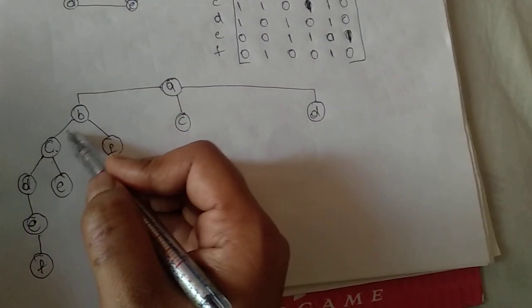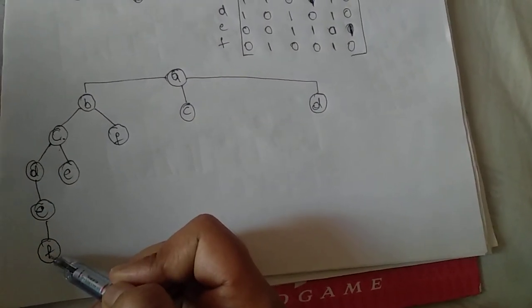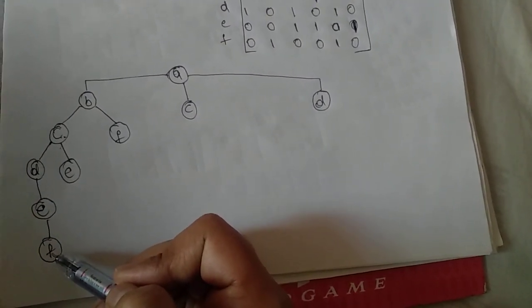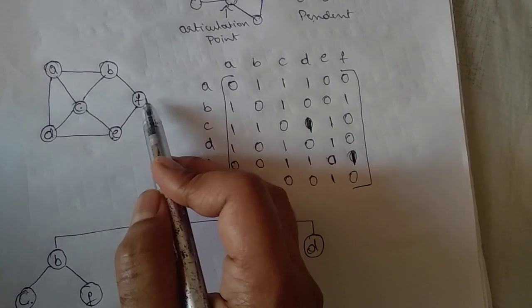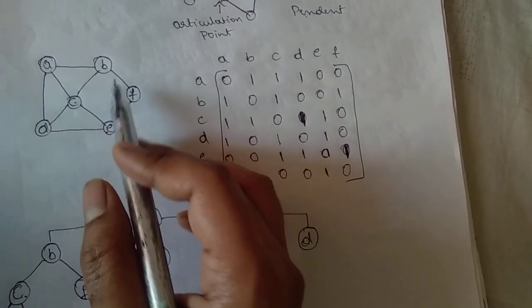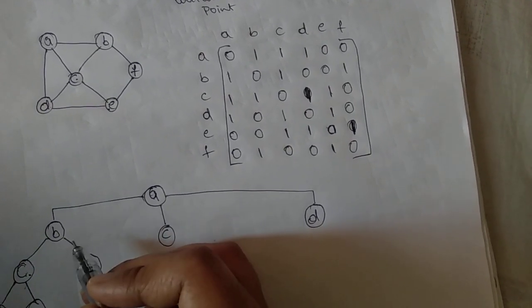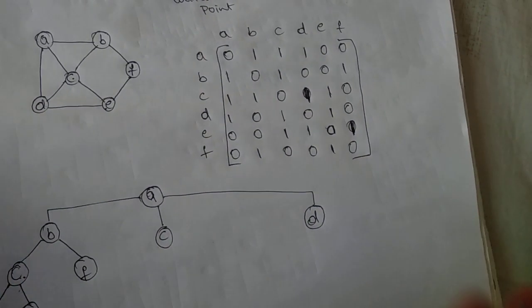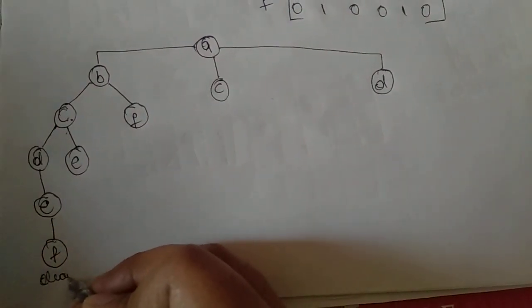So from A to B, B to C, C to D, if you come, you cannot make any Hamiltonian cycle. Is it not? Because you have to just go back to A. If you want to go back to A, again you have to go to B. But here B is already present. Yes. So I'll consider this as a dead end. If no solution, I'll consider this as a dead end.